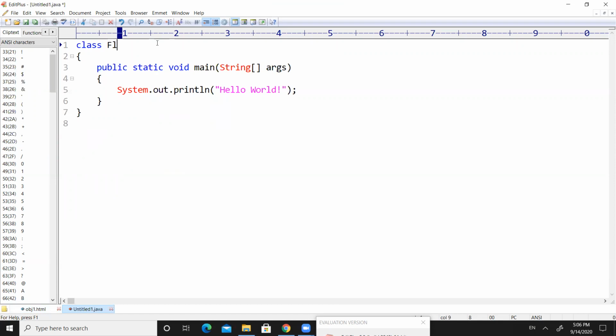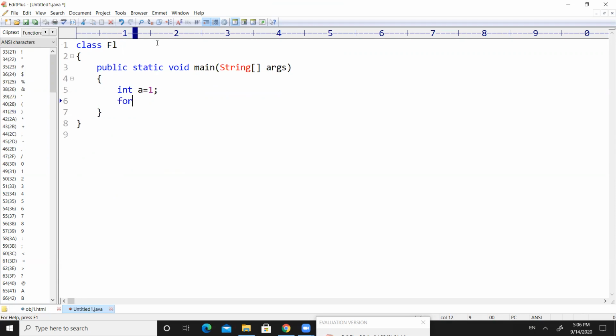So my class name is FL, and inside that class, I have the main method, public static void main string args. Right now, what I want to do is define a variable whose value is 1. So int a equal to 1. So a is an integer variable which is having the value of 1.